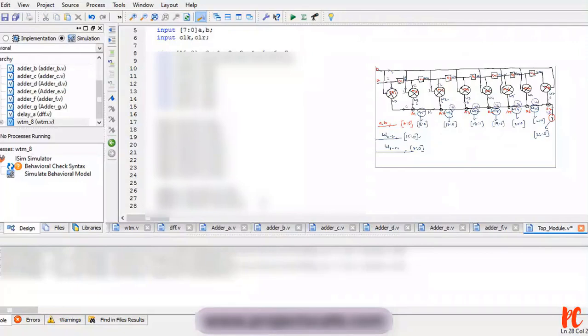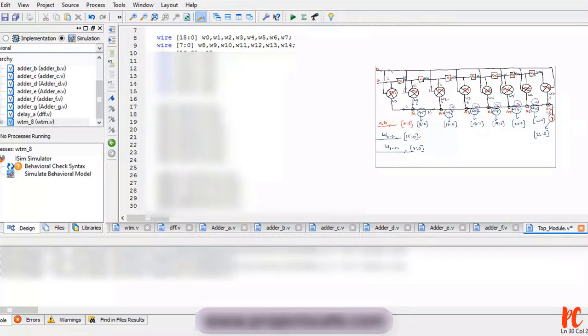Similarly for the fourth adder, A4 ranges from W18, W4 and W17. For the fifth adder, A5 starting with W19, W5 and W18.